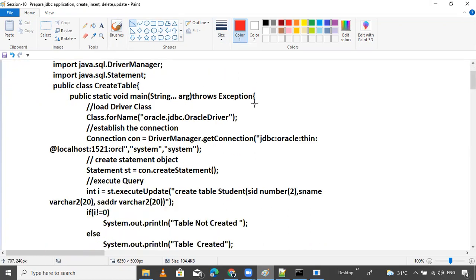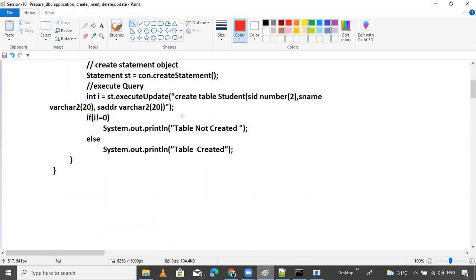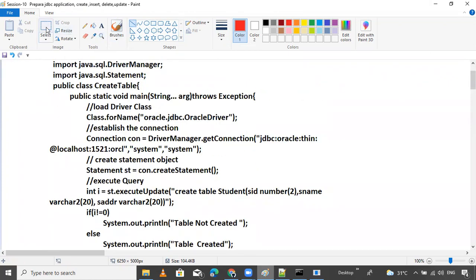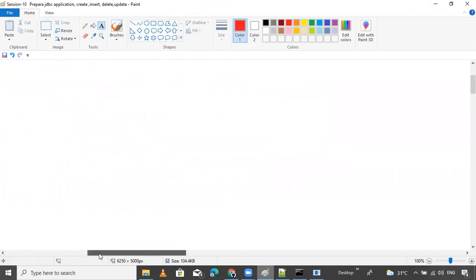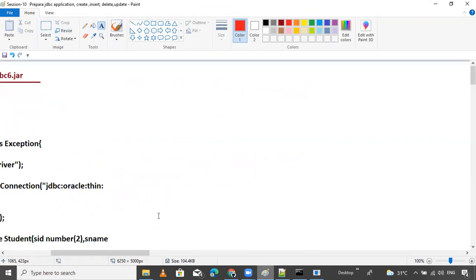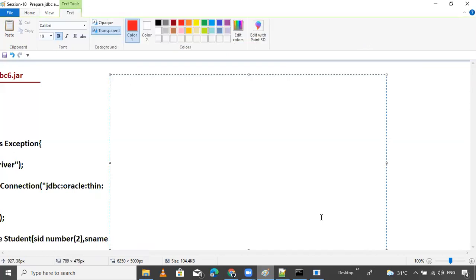Okay, this is the code about the table creation. Here I want to paste the code.